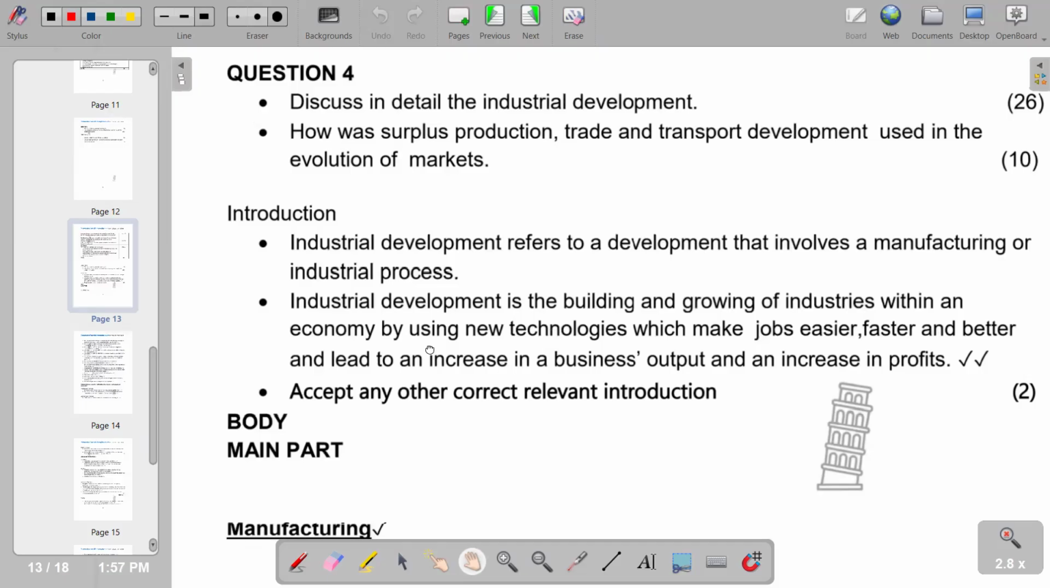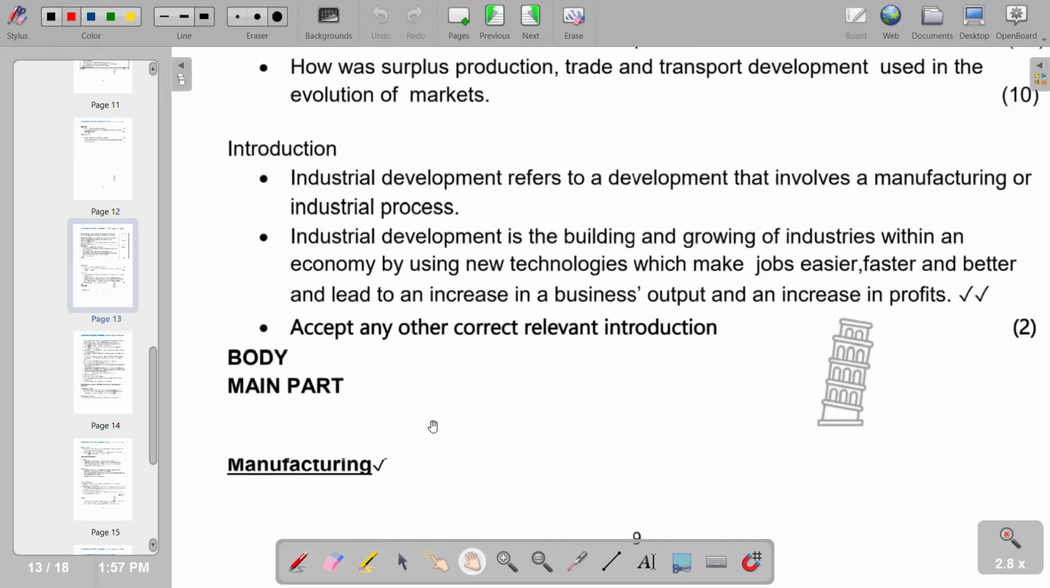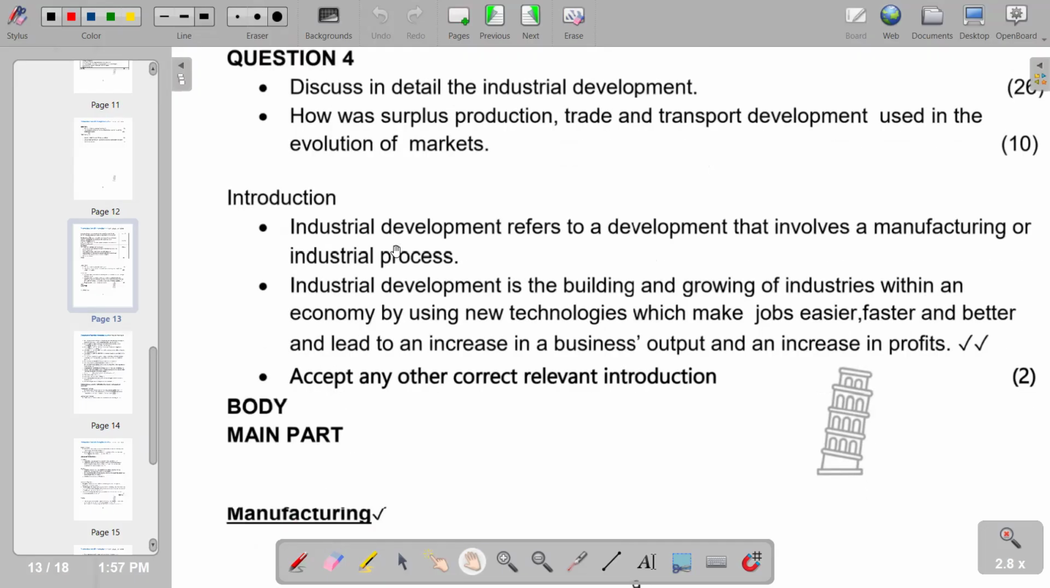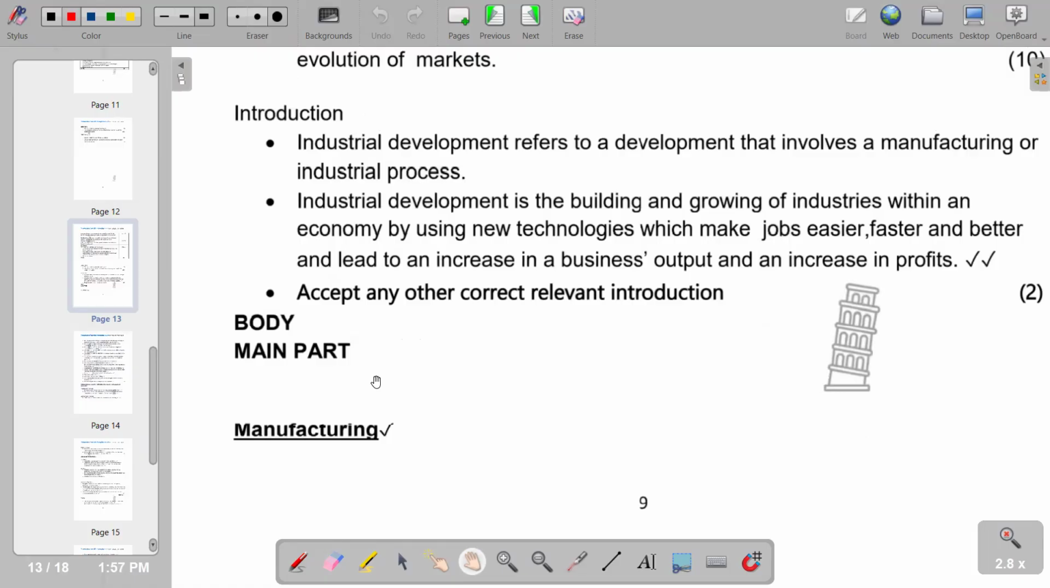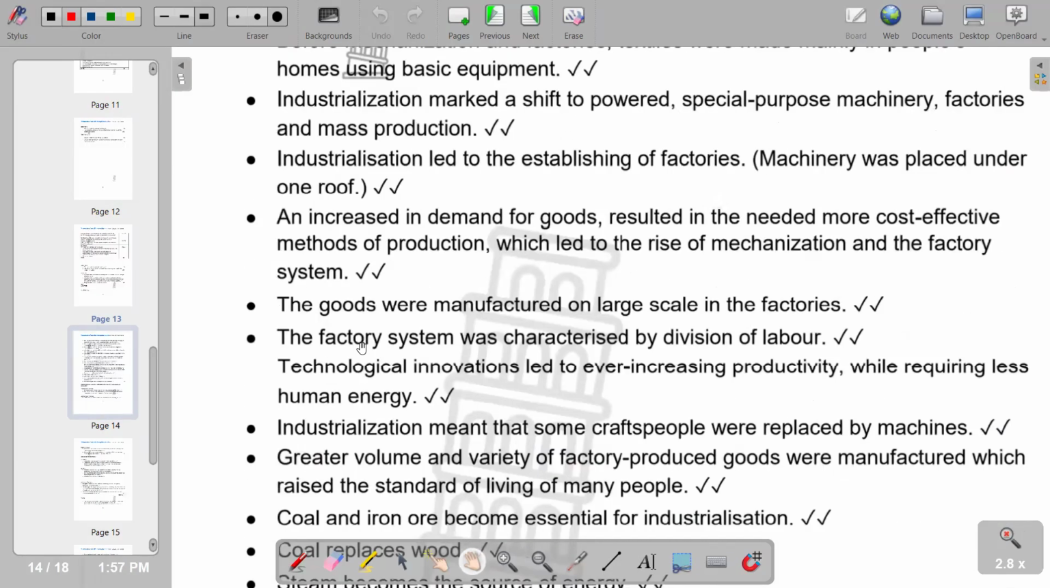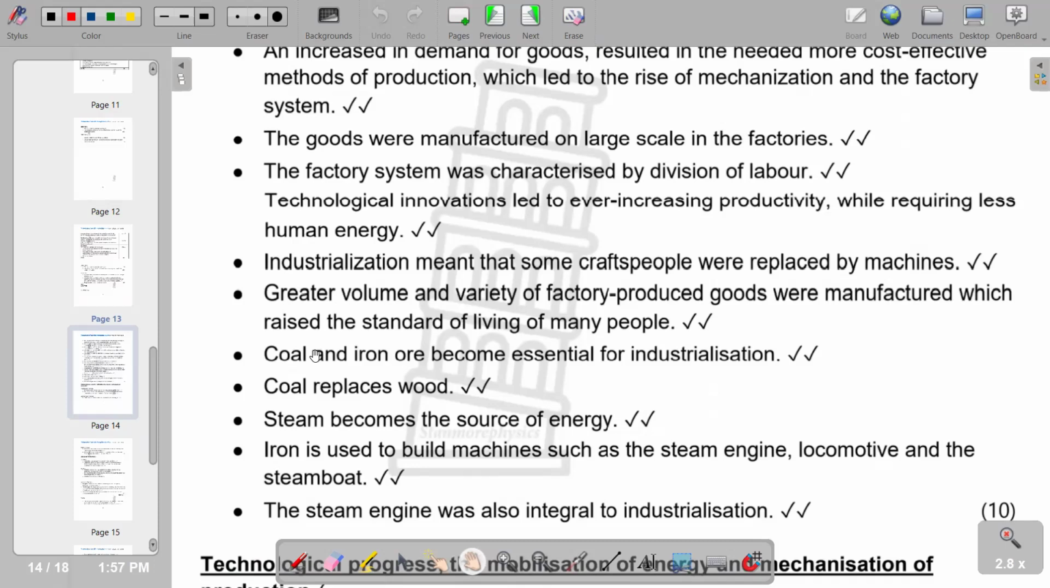So in terms of the main part, we are now going to look at the main part by discussing in detail the industrial development. We can start by explaining it or describing it from the point of view of manufacturing. So these are the explanations that we have on manufacturing, whereby the processes change from an agrarian and handicraft economy to one dominated by industry and machine manufacturing. So these are points that I'm explaining about manufacturing as we go down, that we can include